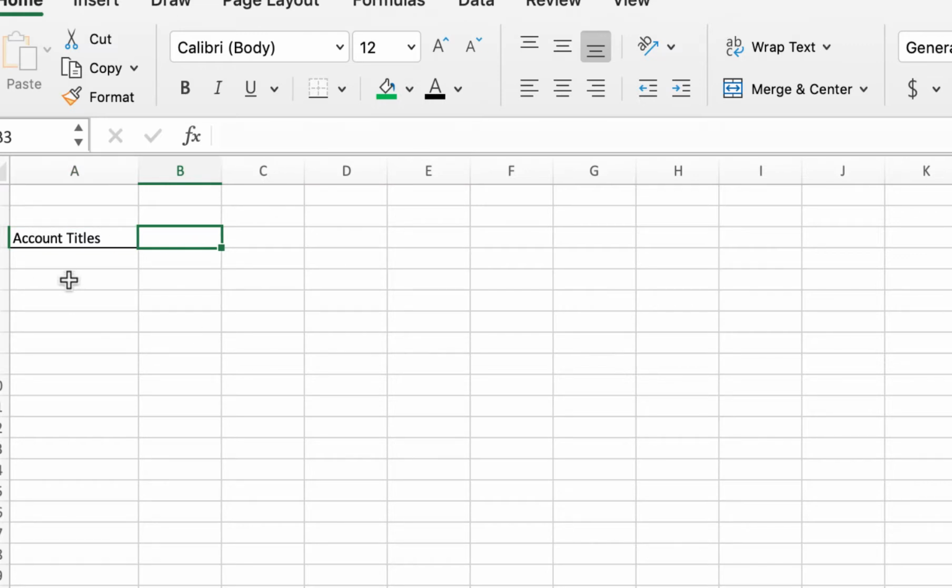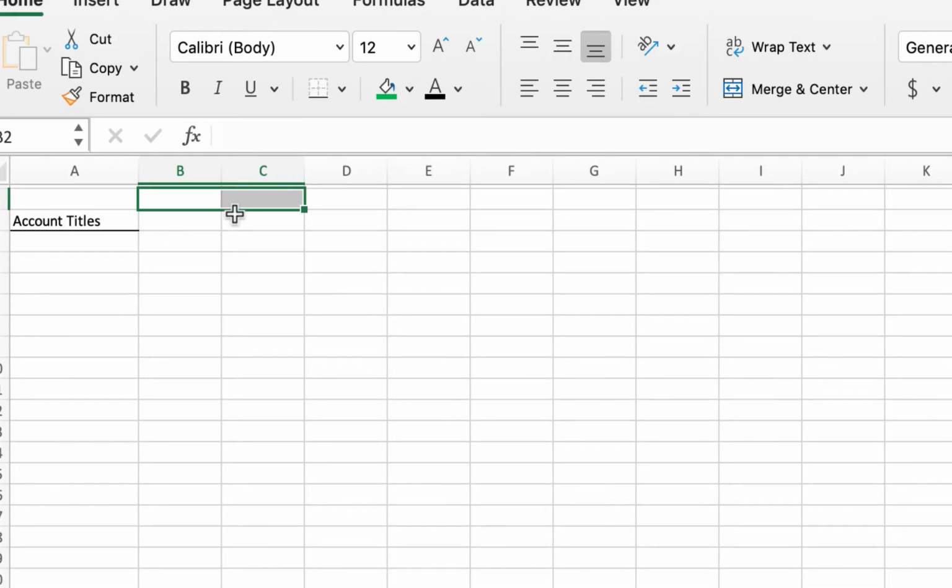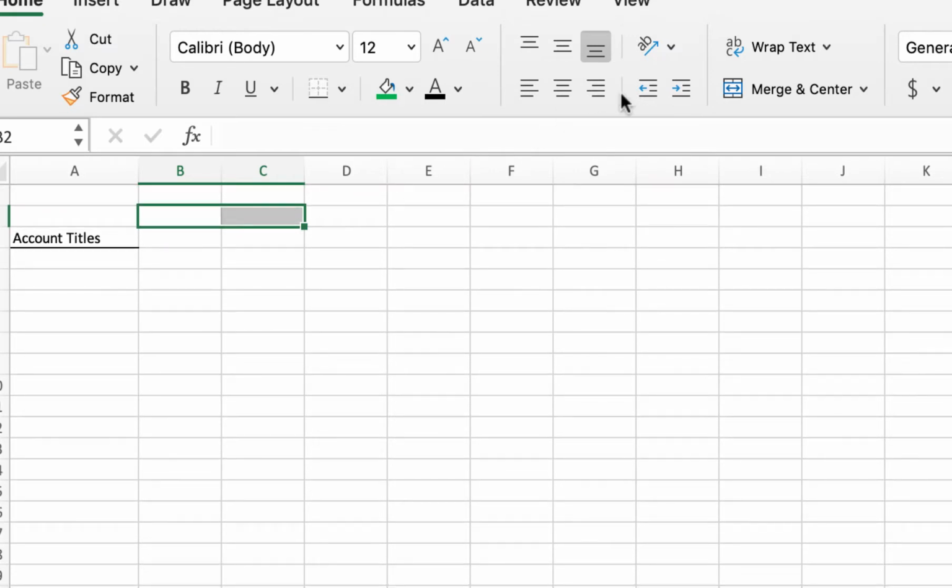The next thing we need to do is to create a column for our trial balance, ensuring that we have a debit column as well as a credit column. So in order to do that, I'm going to come up to cell reference B2. I'm going to click on B2, and I'm going to drag it over to C2. What I'm going to do is click merge and center, and it brings those two cells together and makes them as one. I'm going to type in trial balance,